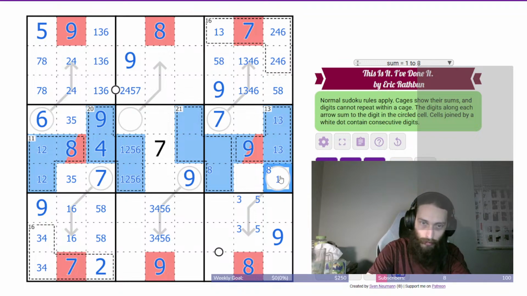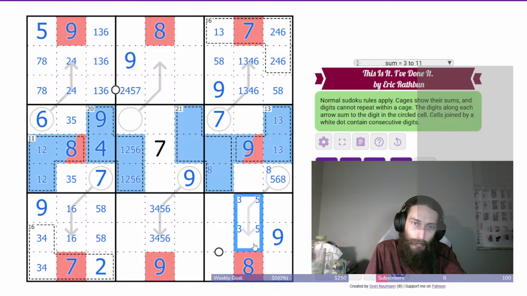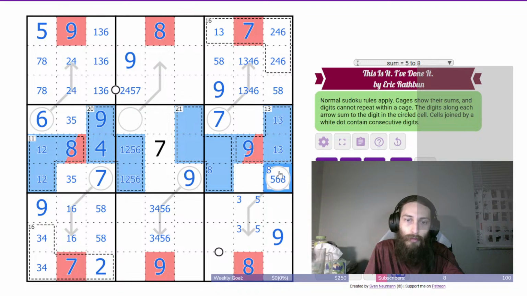Alright, well, what can this circle be? It's not 1, 2, or 3. It's not a 9. It's not a 7. It cannot be a 4, because that would be a 1, 3 pair, which would break our 7 up here. If it's a 5, it would have to be 2, 3. Which is theoretically possible. A 6 wouldn't work, because it has to have a 3 on here. Or excuse me, a 6 could work if this was 1, 5. Actually make those a 1, 5 pair, but